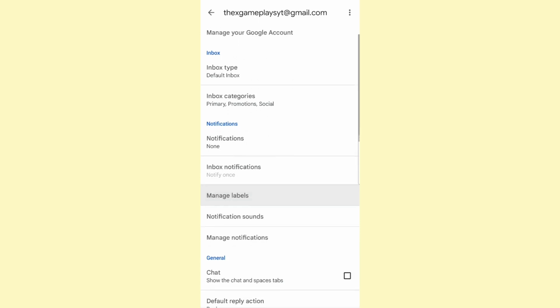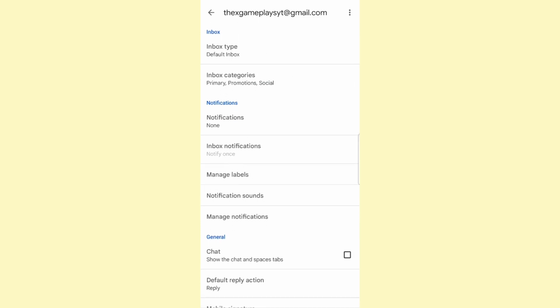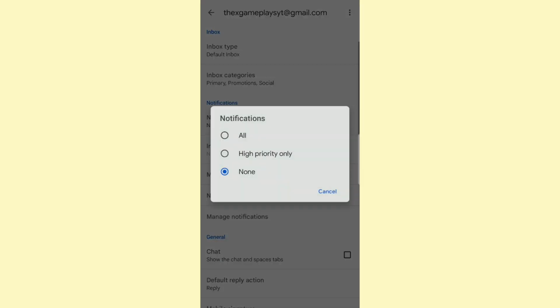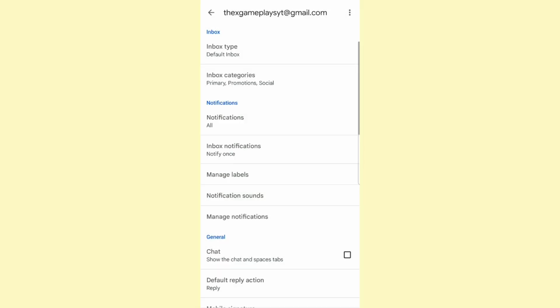Once you're here, go to the notifications section, which is the section that's in front of you right here. And once you are there, click on notifications at the top. You will get this pop-up right here, from which you want to select either high priority only or all notifications depending on your needs. And after that, the second step is you need to click on manage notifications, the last